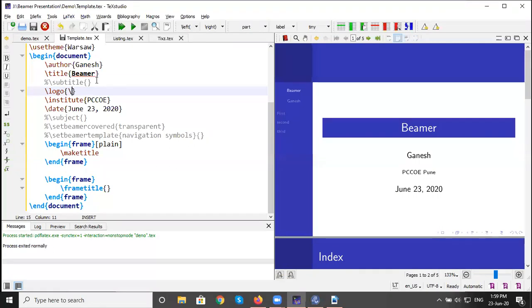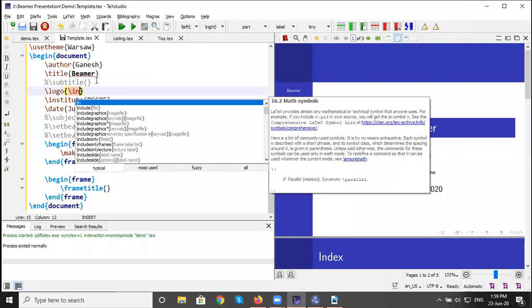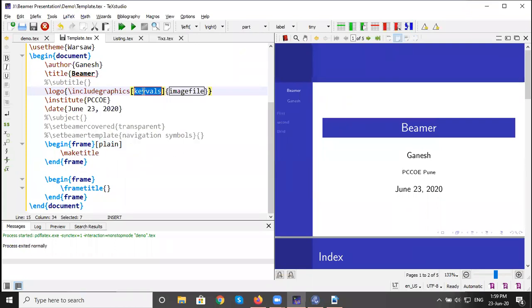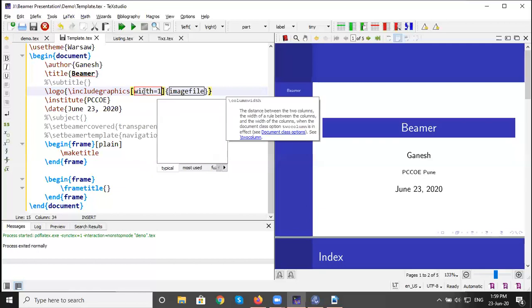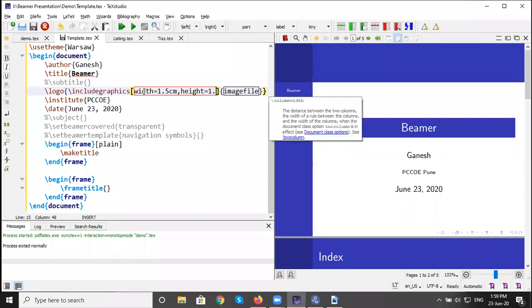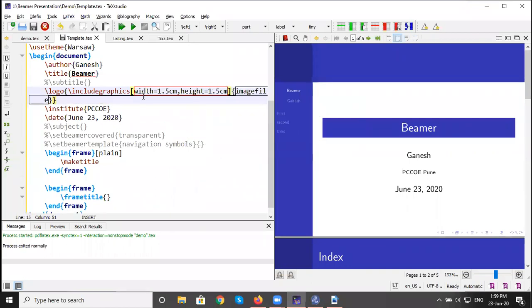So use \includegraphics, then key values, means width we can add. Suppose its width is 1.5 centimeter, and then height. So we can add height 1.5 centimeter, and then the name of the image in the curly bracket. So we have to add that.